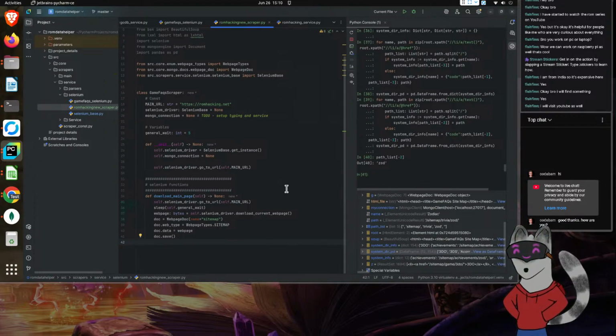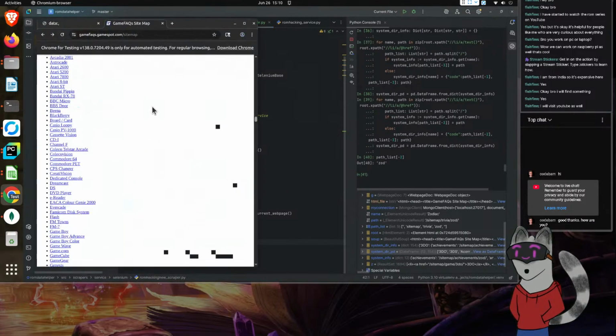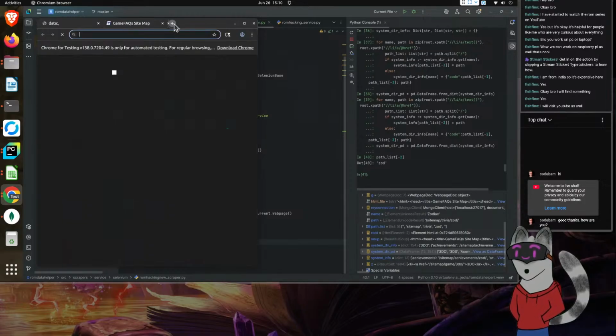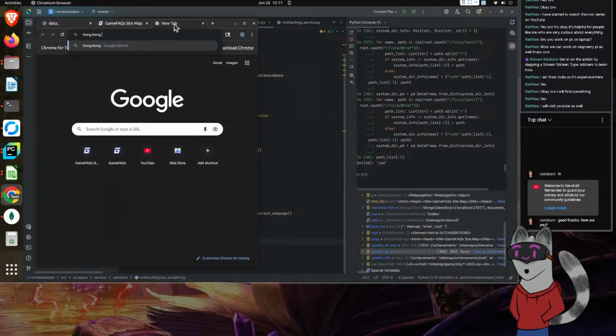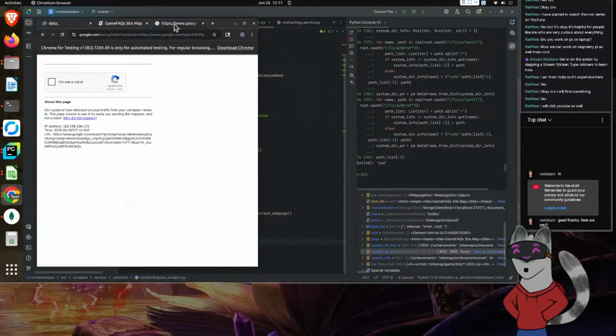Doing good, Code Bomb. Doing well. I am busy enjoying the lack of rain right now. This morning it was thundering and raining. The weather was ludicrous. Let me hop over and I can show you. If you go to a website called Hong Kong Observatory, this is pretty much the weather system in Hong Kong. Yes, I'm not a robot.